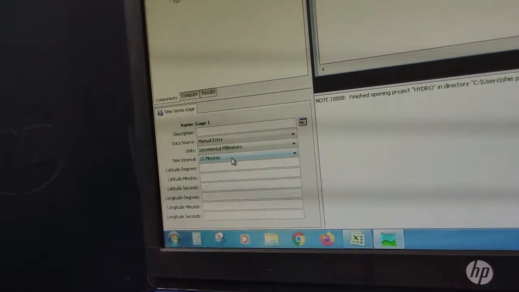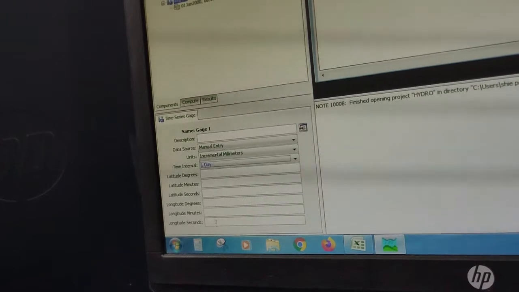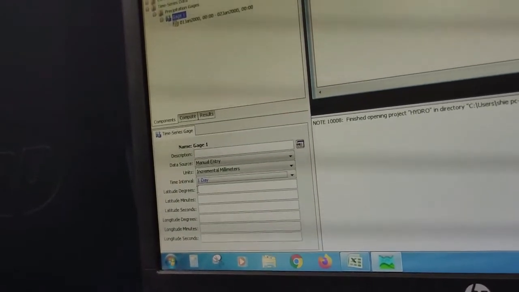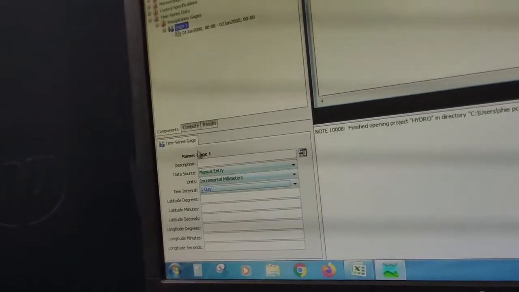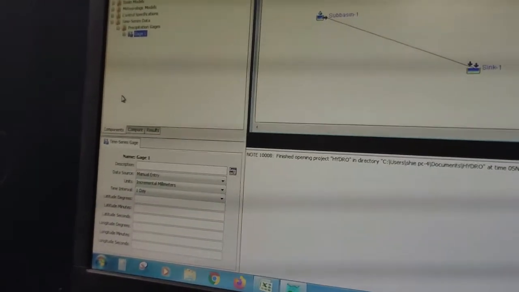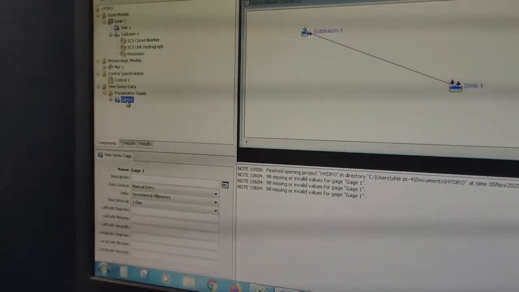Time interval you have to reset as 1 day. Latitude and longitude you can give if you know them for that particular place, but for now I am skipping that. So gauge 1 is created.